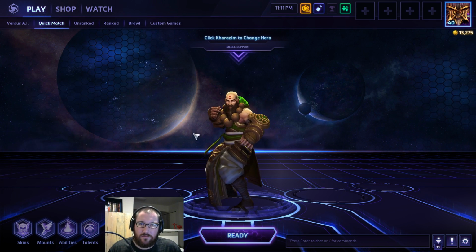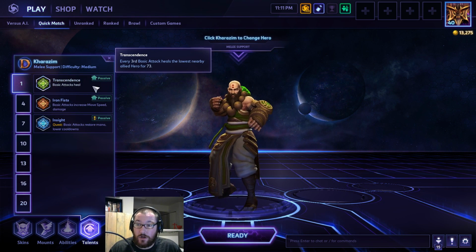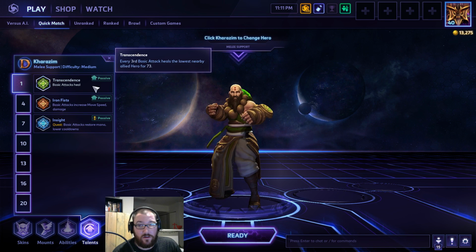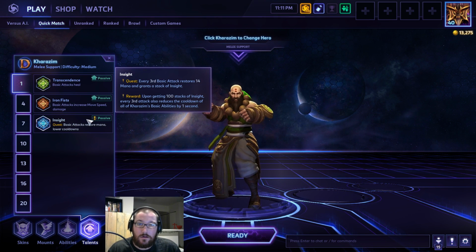I just got to get better about self-casting it. He is awesome. I think all of his traits are good. I actually have fallen away from Transcendence. I really like Insight. Even in that game, I probably would have still gone Insight, because you can actually still